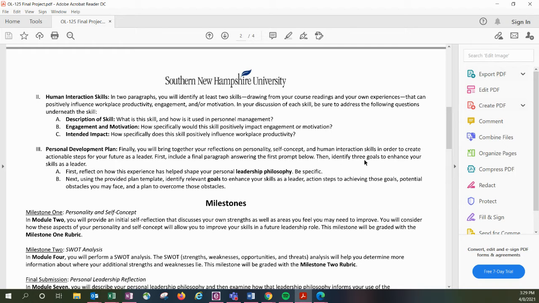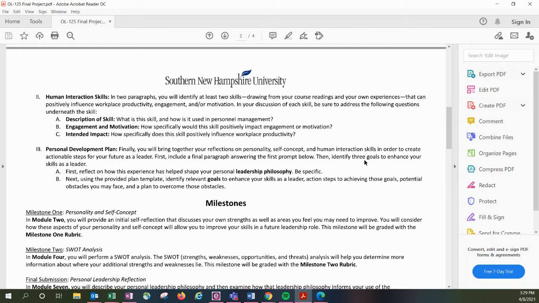And then part C, the intended impact. How specifically does this skill positively influence workplace productivity? So for example, if communication is one of the skills, you need to talk specifically about how this skill positively influences productivity. How can a leader use this skill to help employees be more productive, help the company as a whole be more productive? Feel free to draw on your personal experiences here.